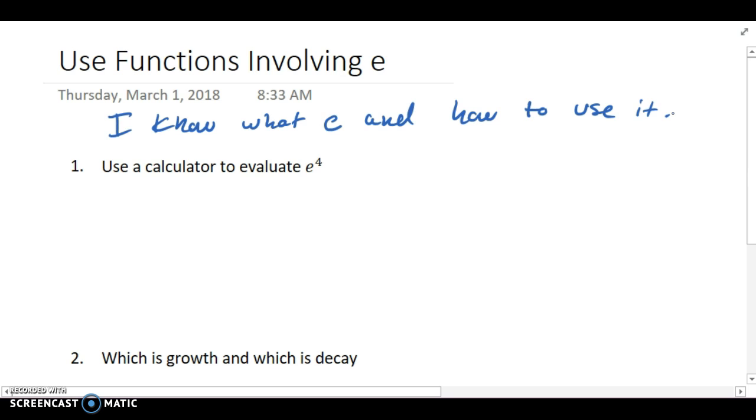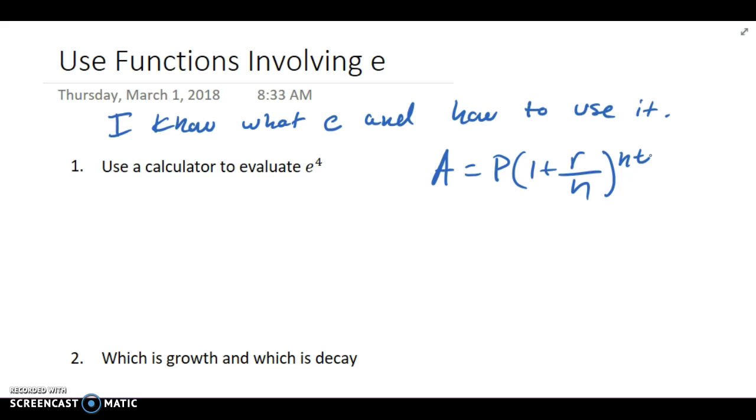One of them is our old formula that we've used a couple of times: A equals P times (1 plus r over n) to the nt. Now, some mathematicians like to have fun and play with numbers. One of the things they play with is making things infinity. So mathematicians decided to put infinity in and assume everything